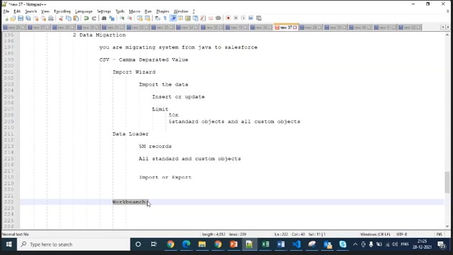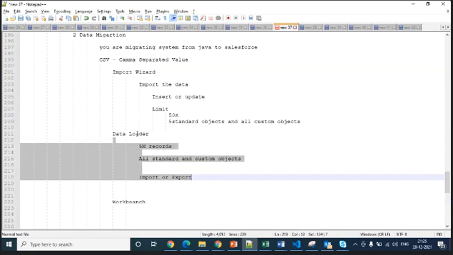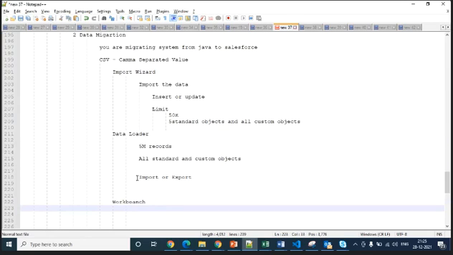Only the Workbench has a little more features, not only the data loader features: it has a little testing and integration testing, also you can run queries to test how they work. You can also do metadata migration. In such a way you can do many things in the Workbench. But you can still do all the activities which you can do through the data loader.